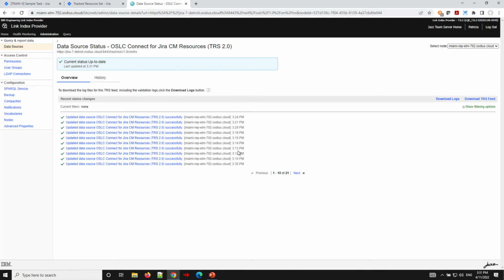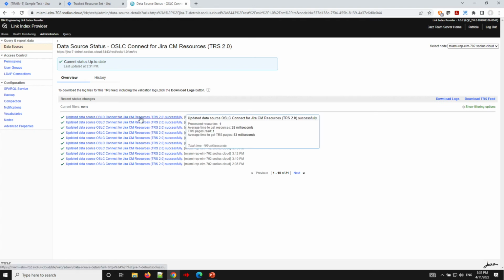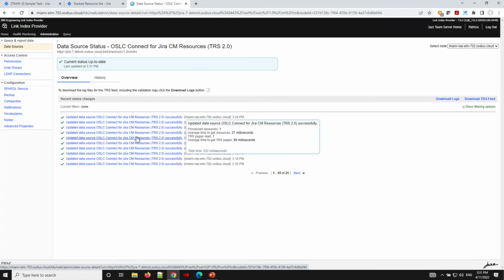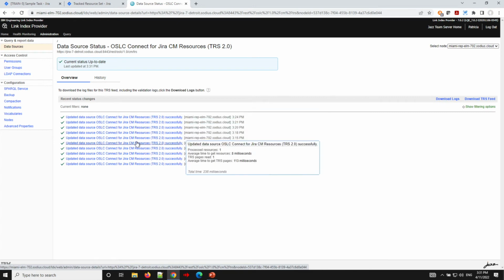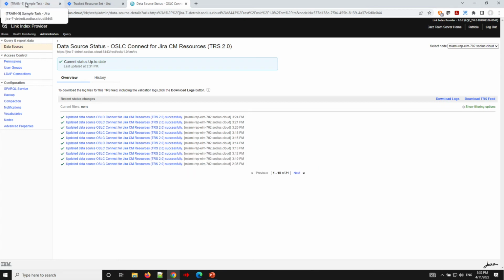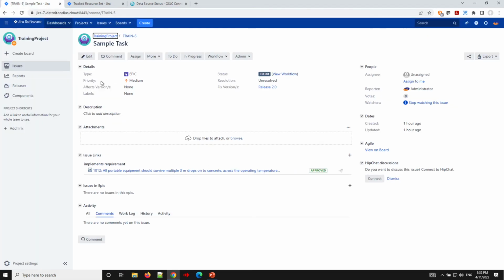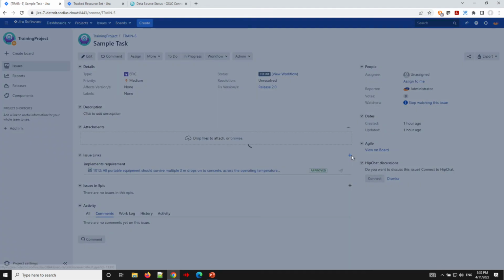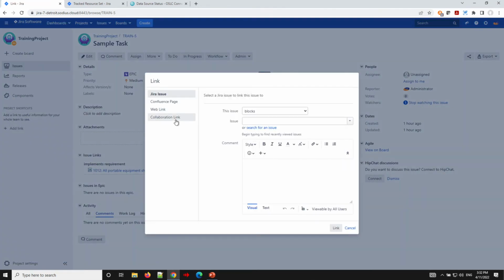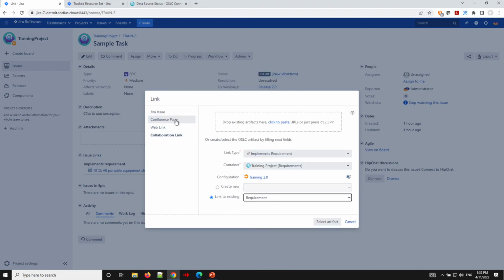And you can see that here, and these are the list of changes. You see something like 312, 313, 314, 315. And on these, you actually have details about how many resources it processed, how many deletions took place, how many artifacts were in there. In this case, we see my test environment that I've been just doing some basic changes on. And so if I went to go into my artifacts in Jira, we can go ahead and, if we want to, add a new link, and we'll be able to see that delay of that artifact showing up until we've actually processed that artifact within